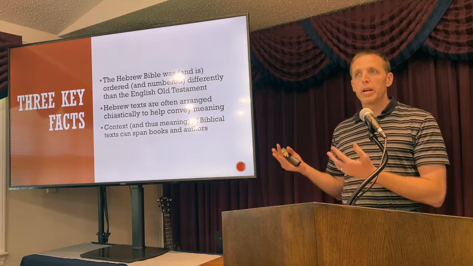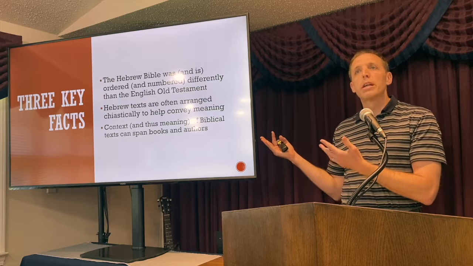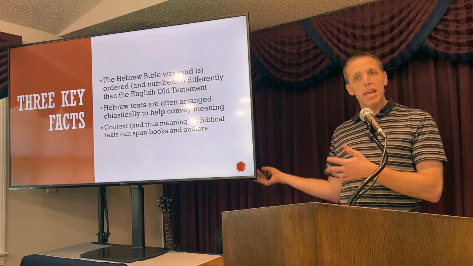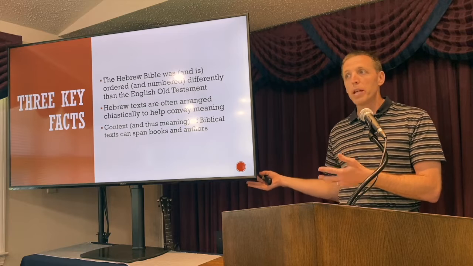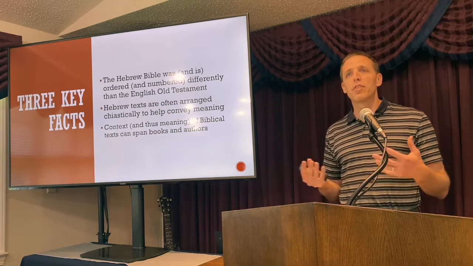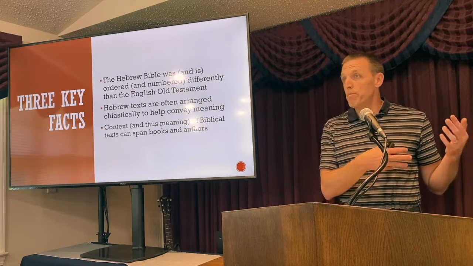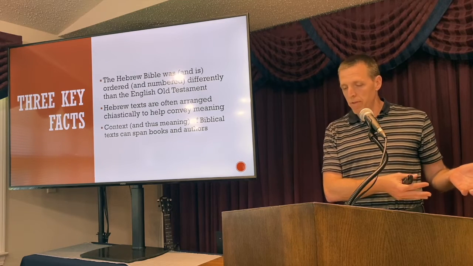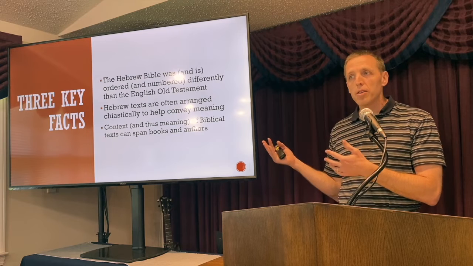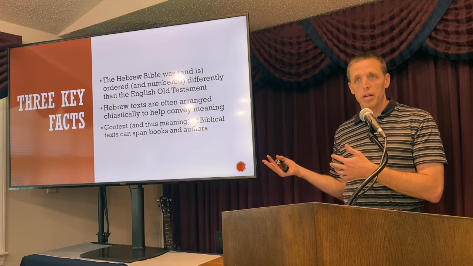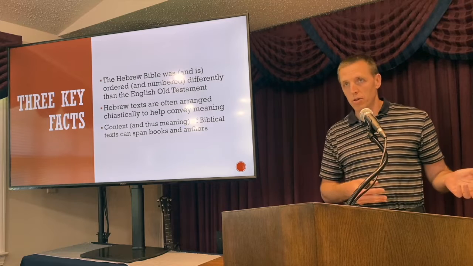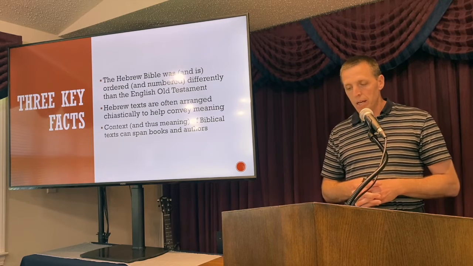So you can talk about order and number. You can read Chronicles as two separate books, 1st and 2nd Chronicles, at the end of the English Old Testament and still benefit from them, right? You don't have to think of them as one book at the end of the Hebrew Scriptures in order to get benefit from them. Or structure, right? We've all read the stories of Esther and Jonah and benefited from both without understanding that they might be structured in a certain way to help convey meaning.